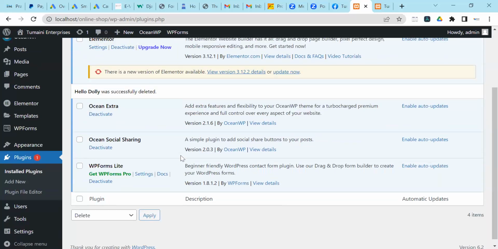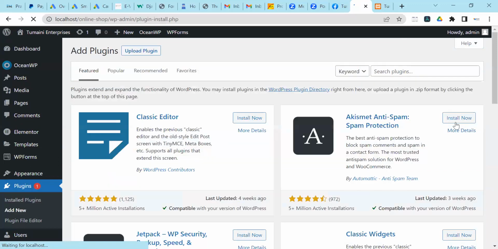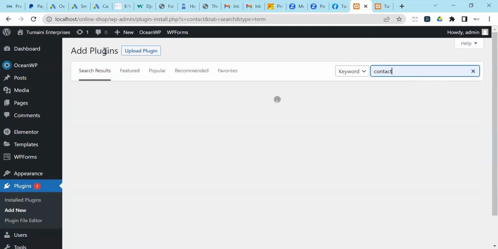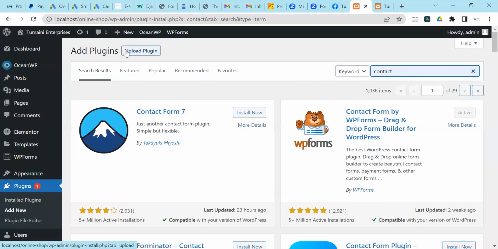Okay, so now I have only 4 plugins. Now why am I here? I want to add a new plugin, a very important plugin in WordPress development. It is called Contact Form 7. So we search contact on the add new. Must click add new first. You will not just find it when you land to the plugins. You must click the add new